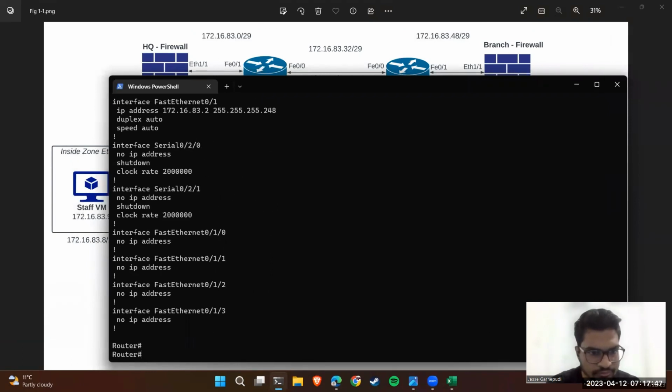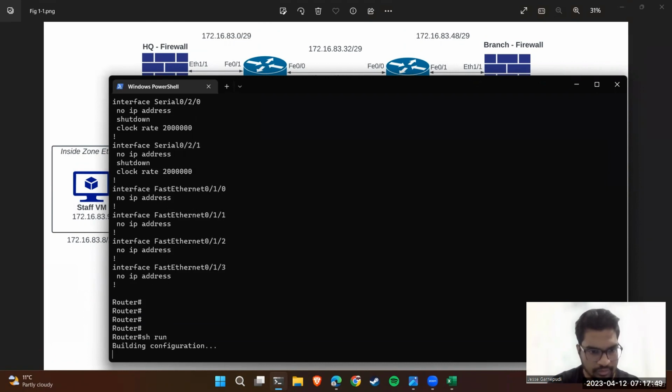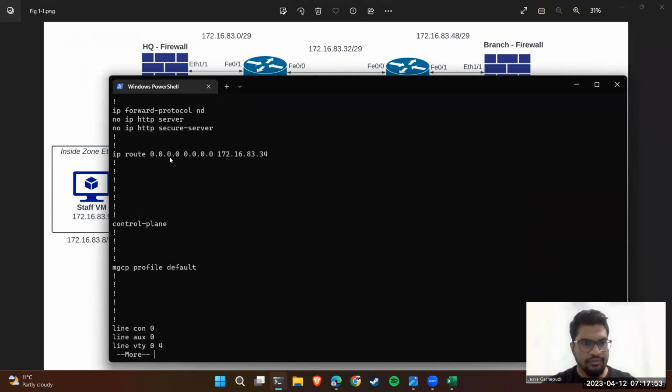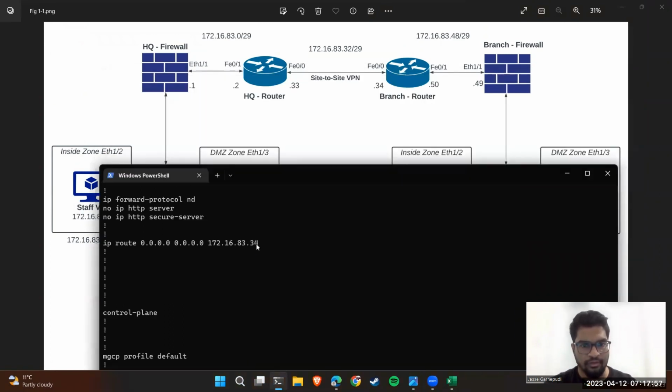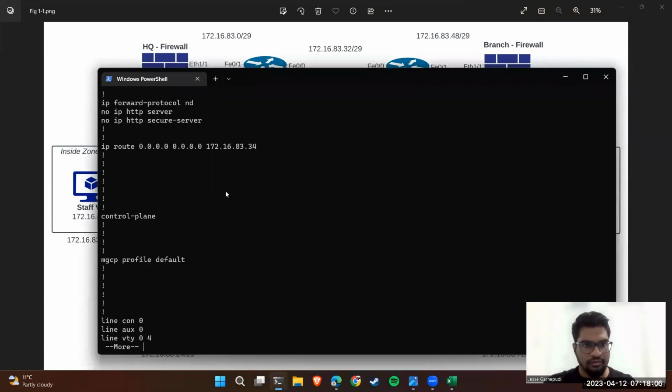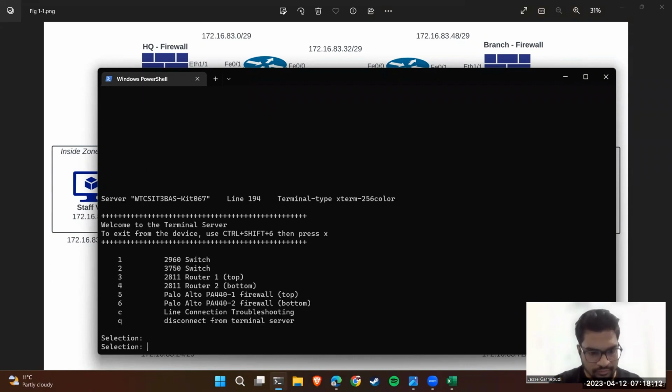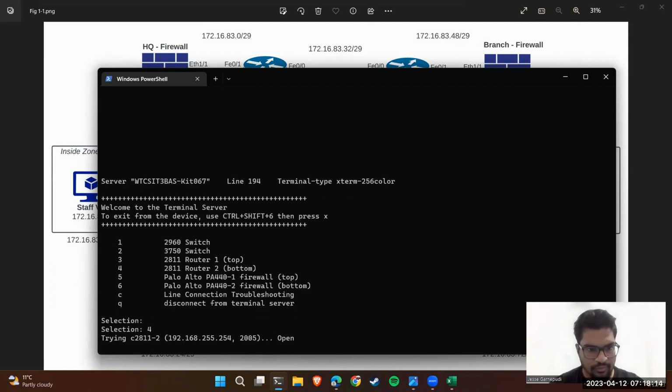Okay, we created a default route which tells it to go through the 34, which is going to be its last resort. Similarly to this router, we have configured, basically cloned it, on the other side. So if I go for the fourth router,